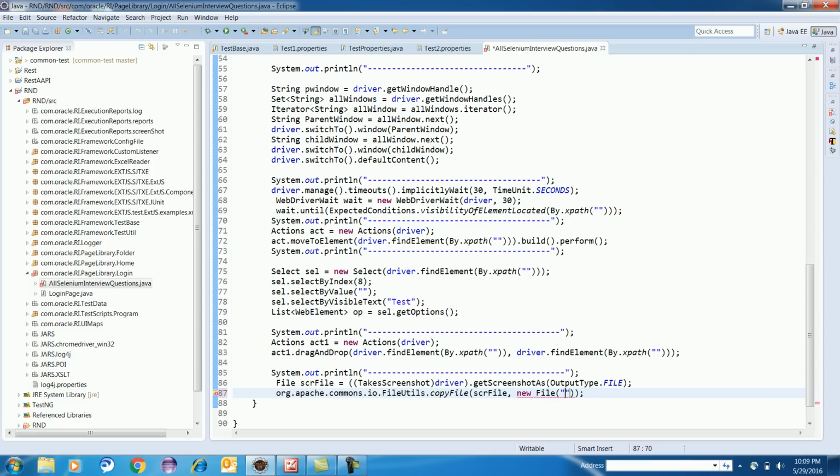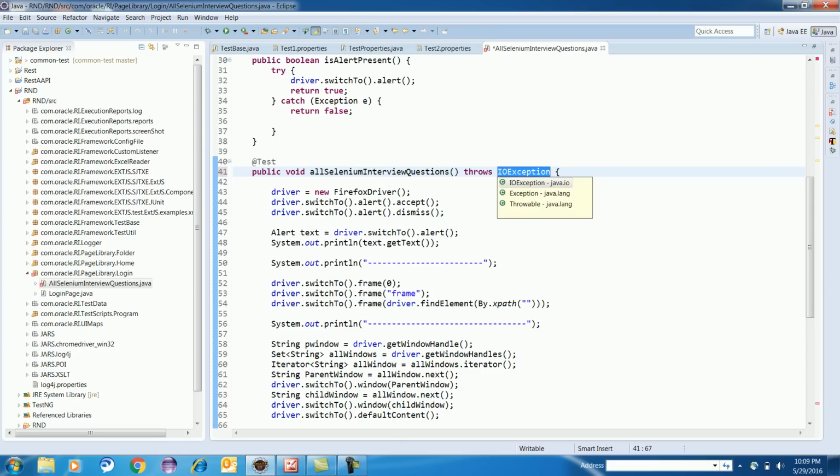So you give something like the C drive, test, a screenshot folder, and you can supply the login name, and then write .png.